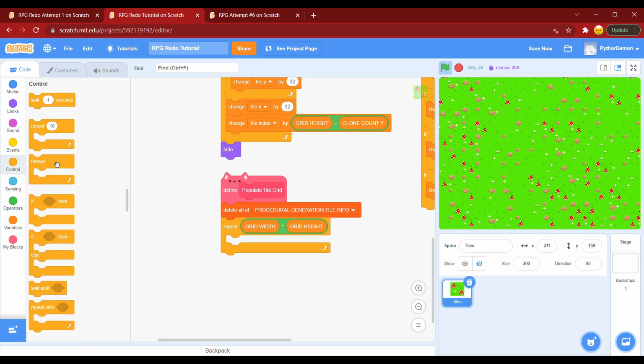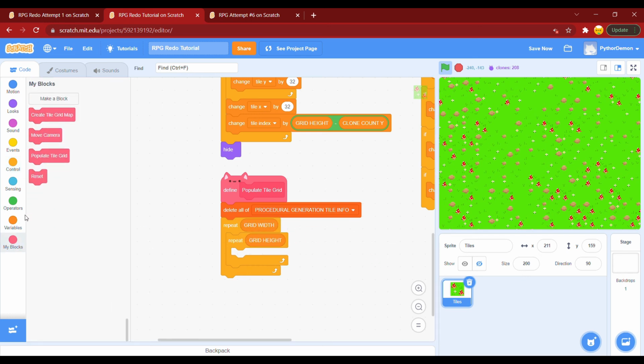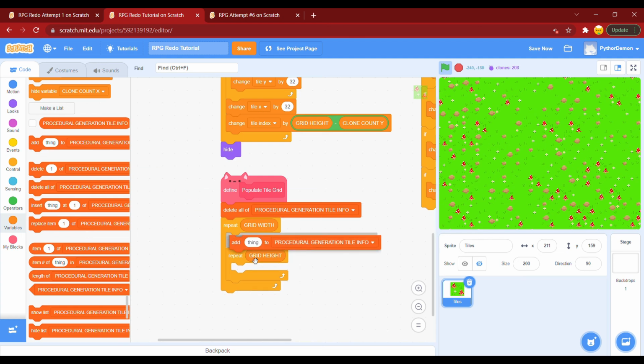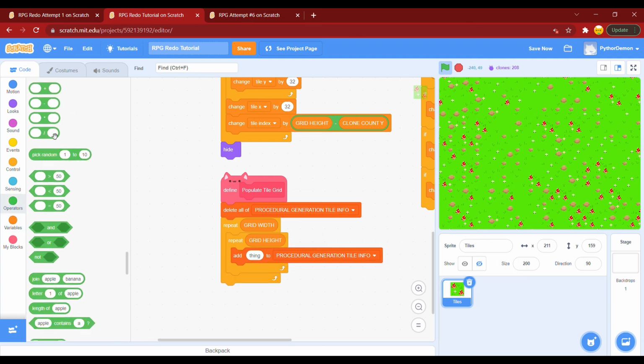Sorry about that, that's actually incorrect. We're going to use a repeat loop. We want it to be the grid width on top and the grid height at the bottom. And then we're going to use an add thing. So what are we going to add? We're going to be adding,